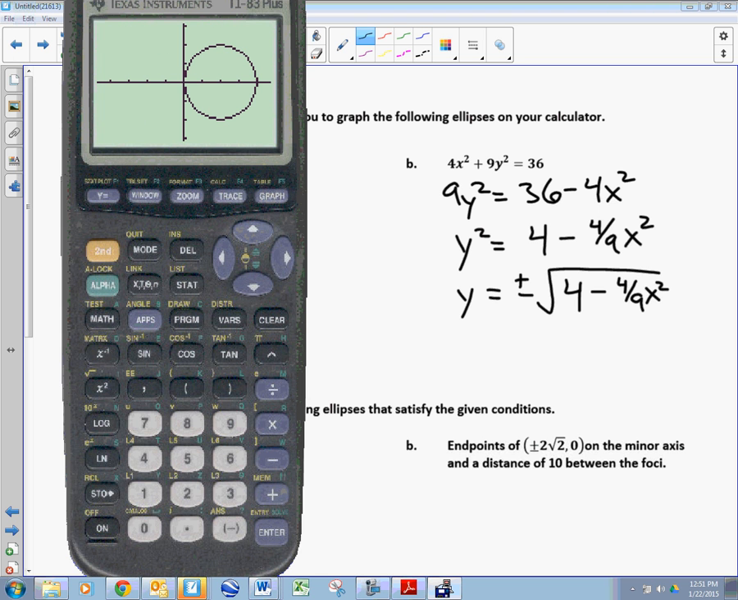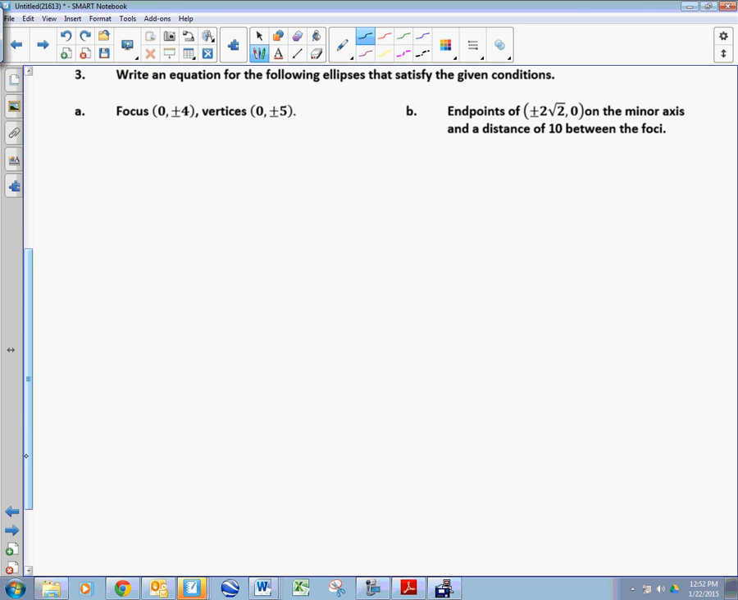Like I just did that one, but you don't know how to work in polar or parametric form. So let's do our last two examples. Now that you know how to graph it, you know how to check your graph, let's learn how to write